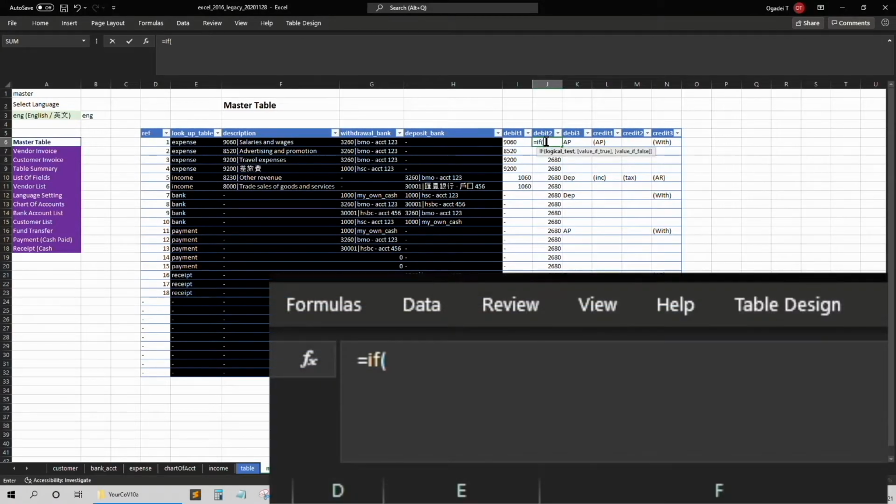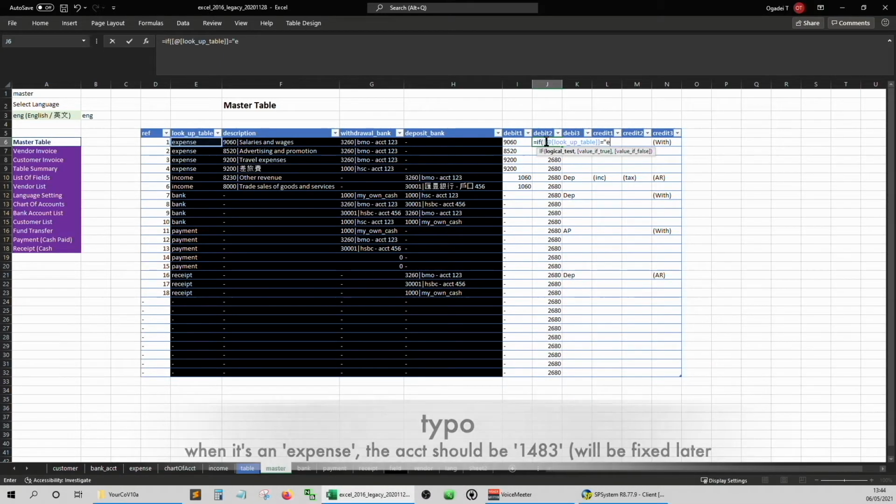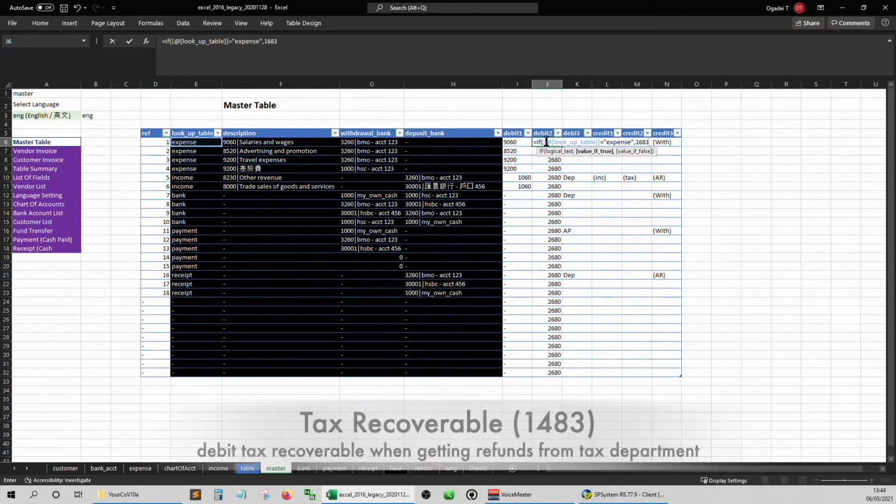If the lookup table is expense, then the debit 2 position will return 1483, which is the tax recoverable account. It's because when the company pays its expense, it can claim back the sales tax from the tax agency. That's why we debit the tax recoverable.